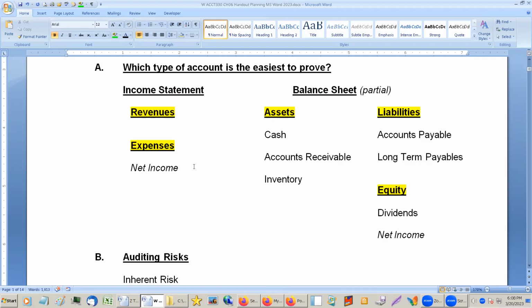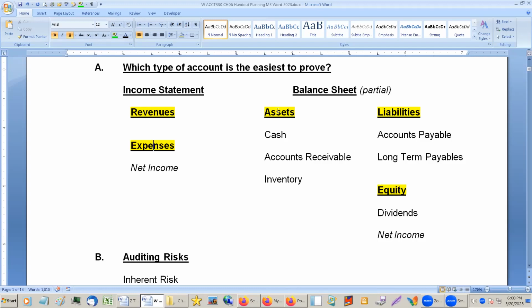we basically have 5 different categories of accounts. We have revenues and expenses, pluses and minuses. This is money coming in, this is money going out. Assets, anything with a value: cash, inventory, buildings, all that kind of stuff. Liabilities, what we owe. And equity is what the owners have.